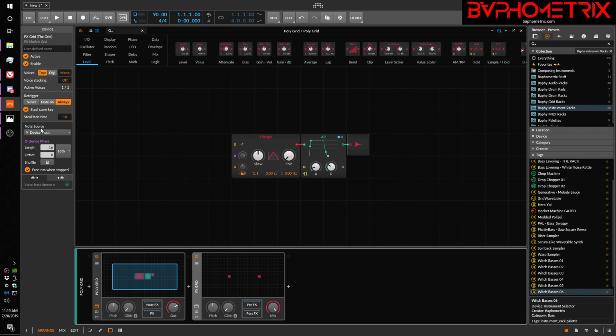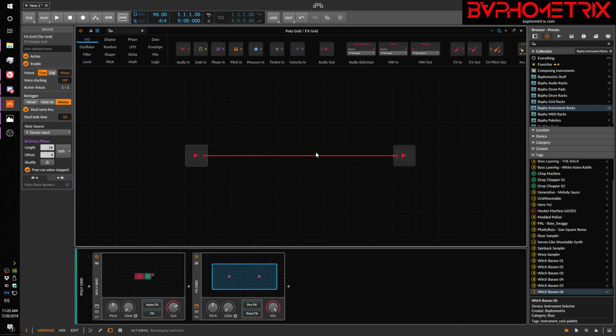And I'm just going to briefly mention ahead of time that even though the FX Grid is meant to be audio processing, where you've got your signal coming into the grid and you build distortion or delays or whatever kind of effects you want in here, and then it goes back out again, you can also send note input, MIDI note input into this grid,